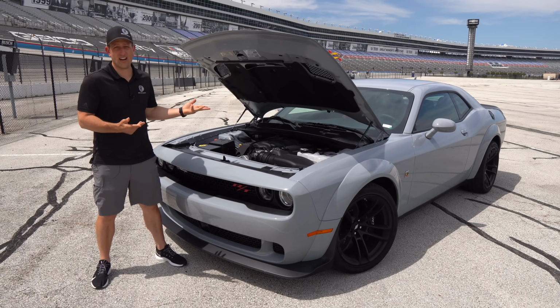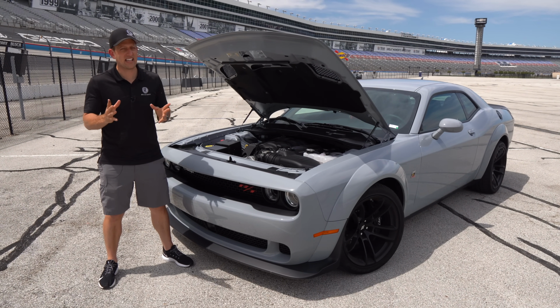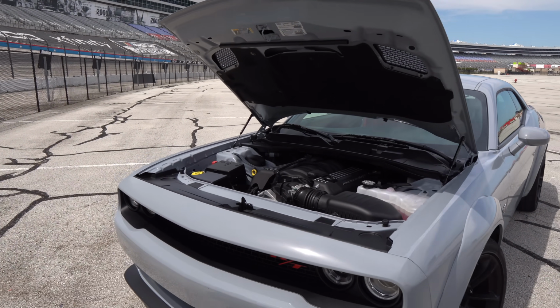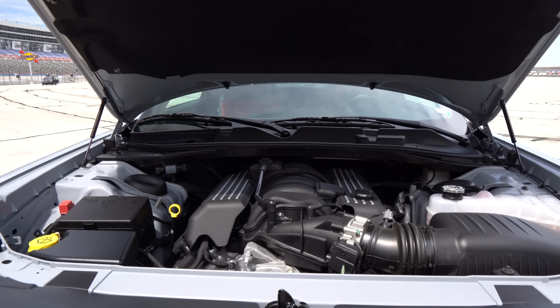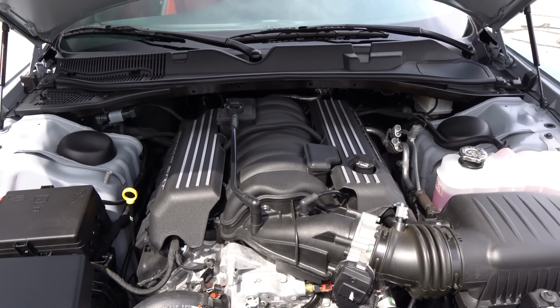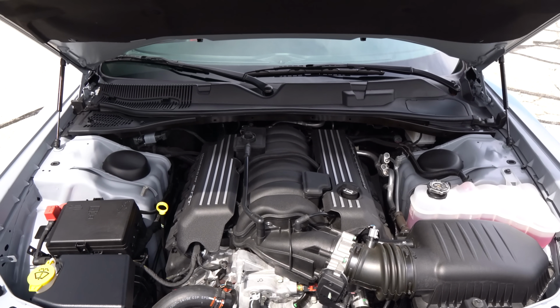All right, guys, the hood, like I promised you, it has a bulge for a reason. It's not like somebody just took a sock. You actually have a V8 engine, 392 cubic inch V8 engine. It's the largest displacement V8 out of a Challenger, Charger, Camaro, or Mustang. Love the way it's got the SRT, the powered by SRT street and racing technology. You're looking at